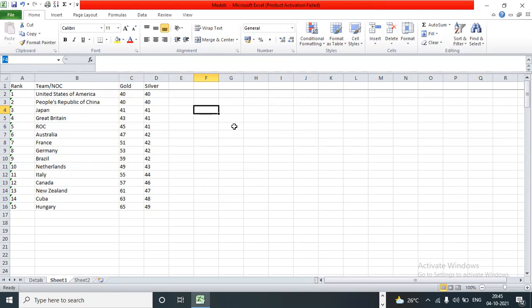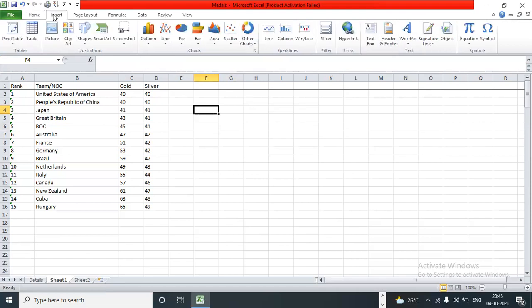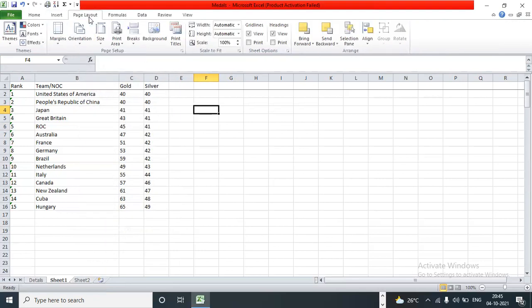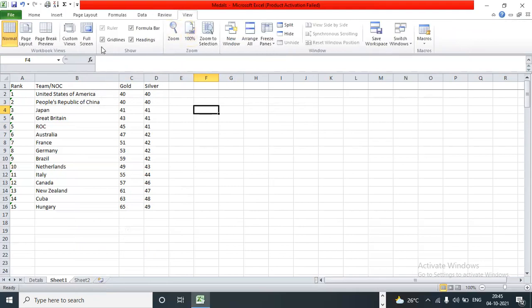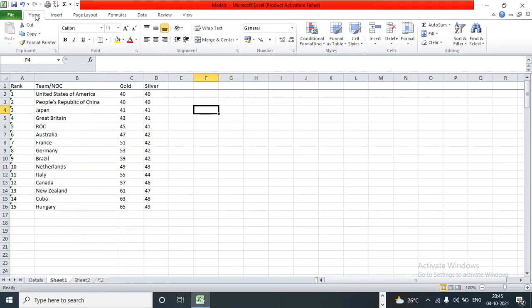From tomorrow, I'll be giving you some data to practice, where you can explore multiple things. But today, before tomorrow's class, just go to Excel and explore the options. What is Home? What is Insert? What are the things you can see? Very simple, and I'll tell you what the page layouts are, what the formulas are, what is Data, what is Review, what is View. Just go and explore the things. If you have any doubts, come back to me, and from tomorrow we'll start our Excel classes. Okay, guys, and finally, any questions?